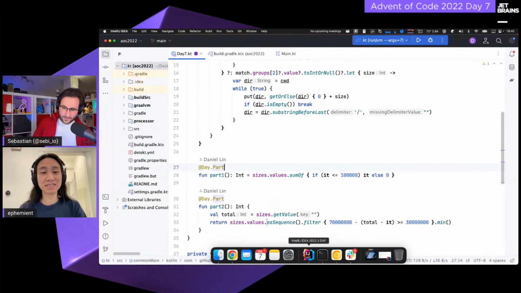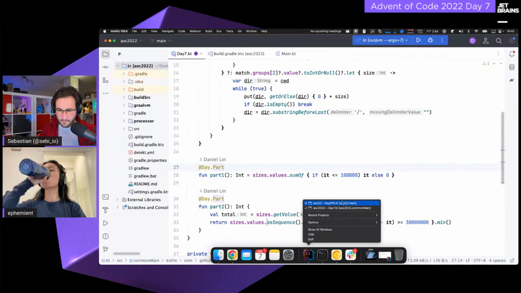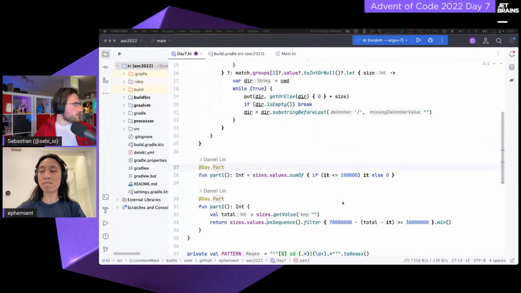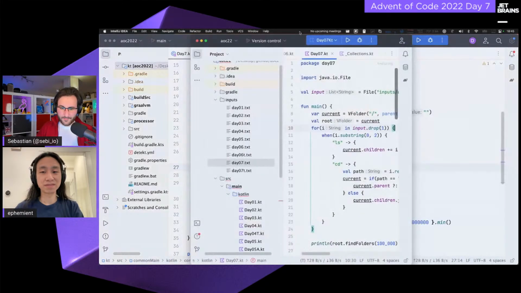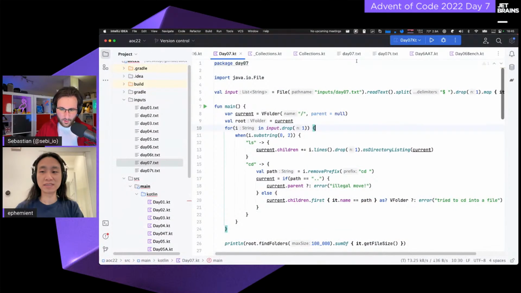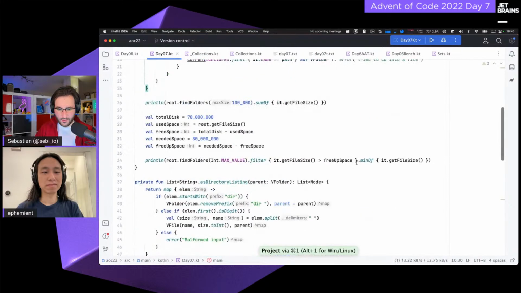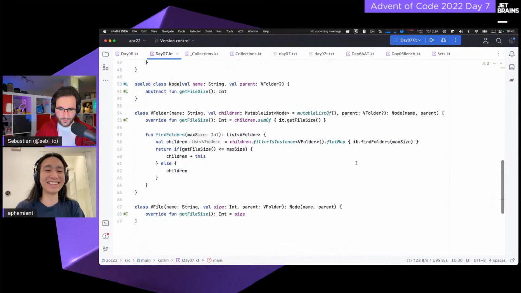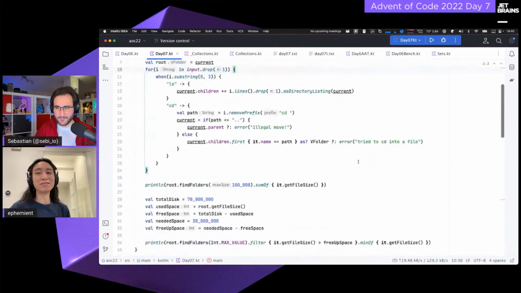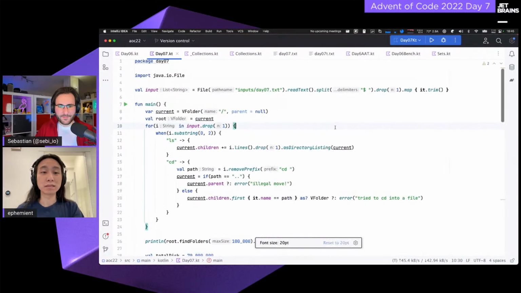Okay, so we're going to switch over and take a look at my solution. Let me just see here. Just pull that one up, and I can walk us through that one. I was going to say I can almost fit that one on screen, but that's not going to happen. Okay. So.